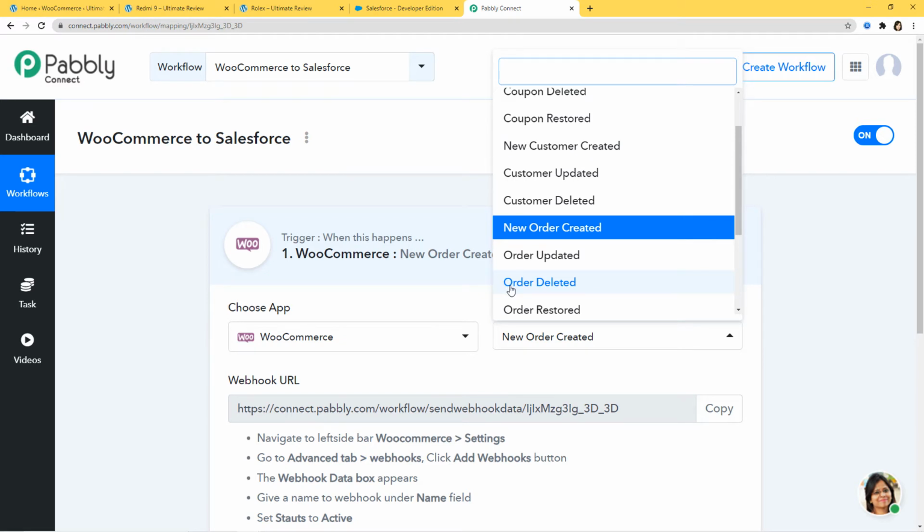So when you click on Choose method, you can see that we had many other trigger methods available. Now you can select whichever you want according to your workflow need. Now here I am going to choose new order created according to my workflow. And if you don't get the trigger method of your choice, you can contact our team at admin@pabbly.com and our team will help you to look for your specific trigger.